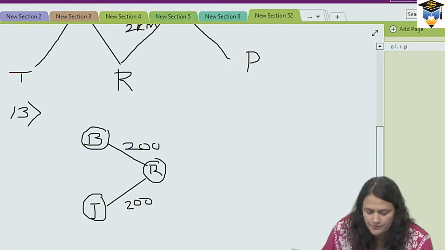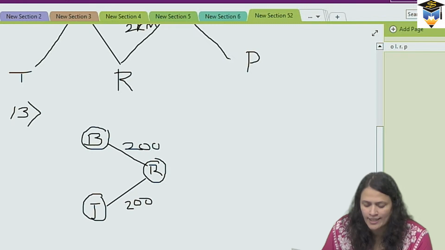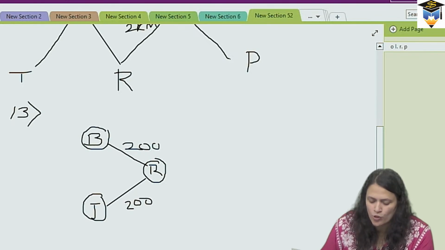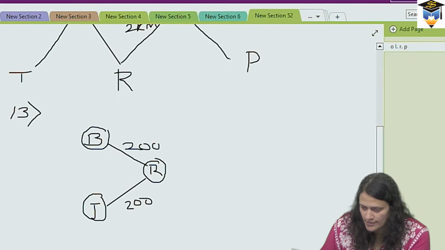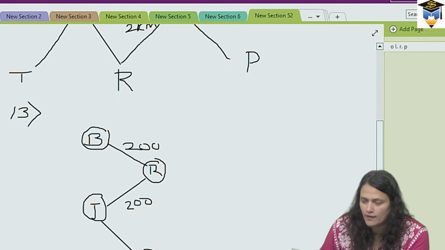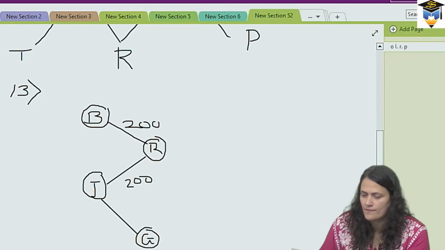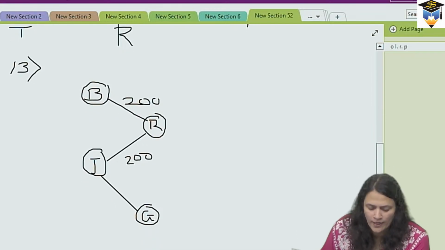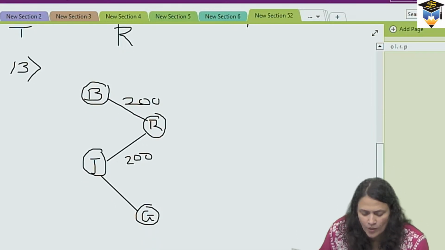Next, Gopal is Joseph's neighbor and he stays 200 meters away in the southeast. So where will I place Gopal now? Southeast. This will be Gopal. And then Roy is Gopal's neighbor and his house is located